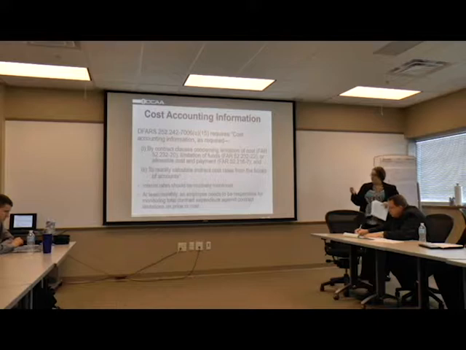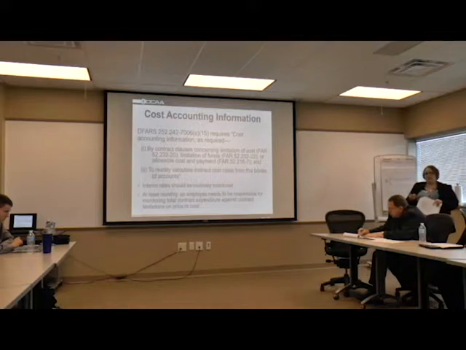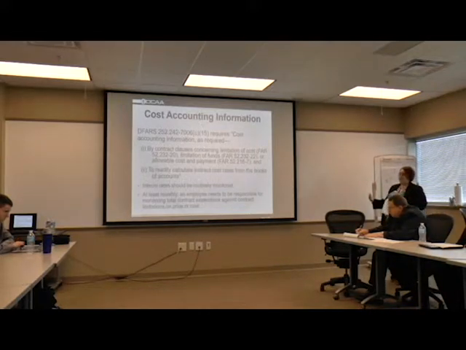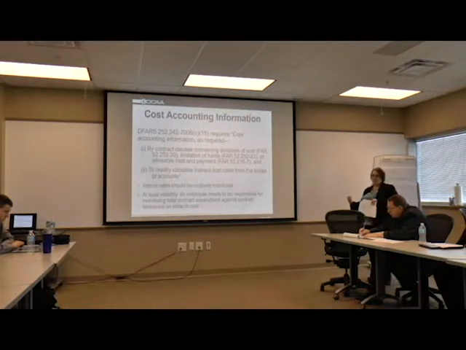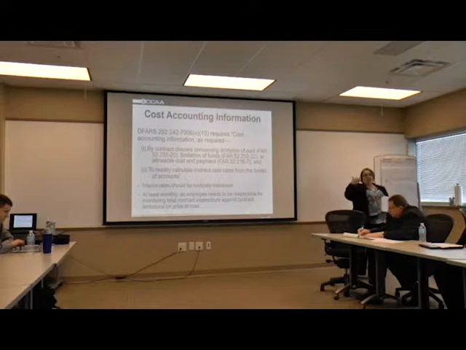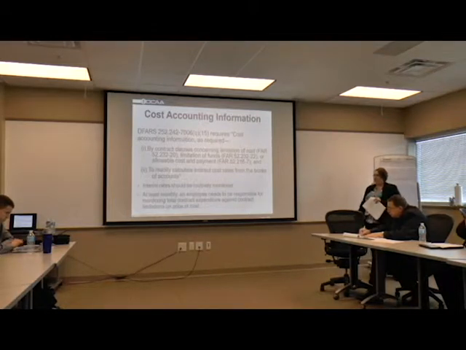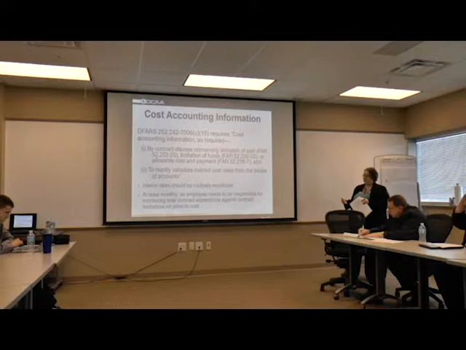Interim rates should be routinely monitored, so you should be monitoring those indirect rates to make sure that the costs on the government contracts are not going to be in an overrun position, or to make sure that you're billing enough to recoup your costs. And at least monthly, an employee needs to be responsible for monitoring the total contract expenditures against the contract limitations,